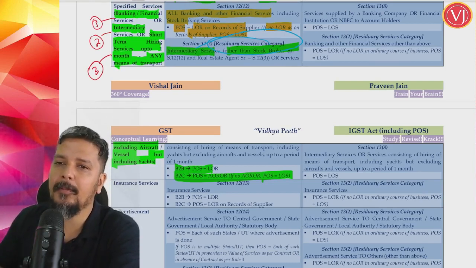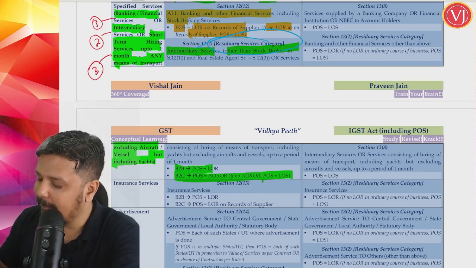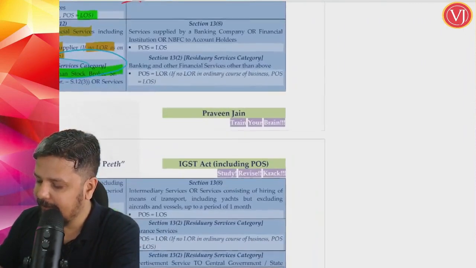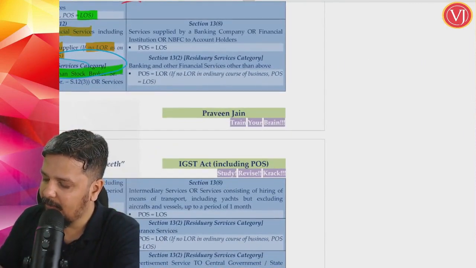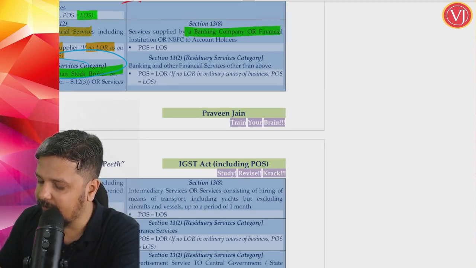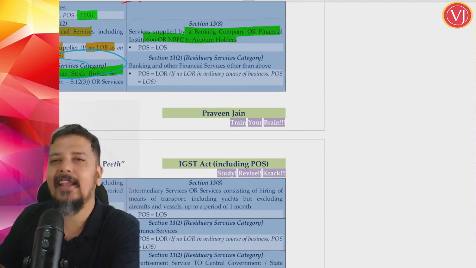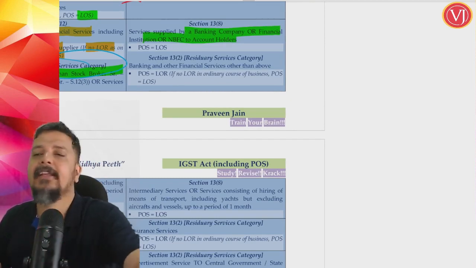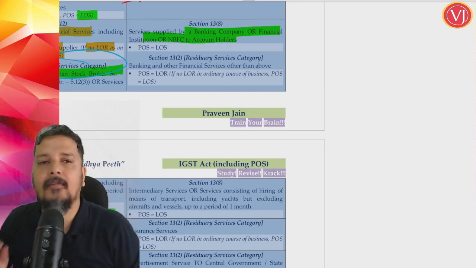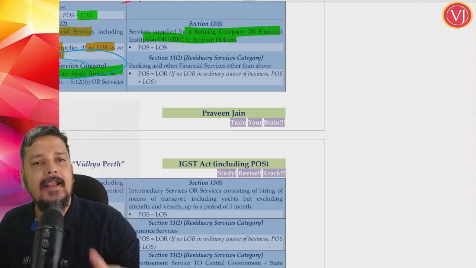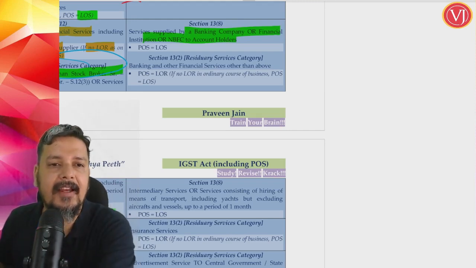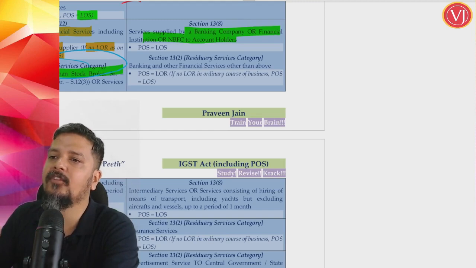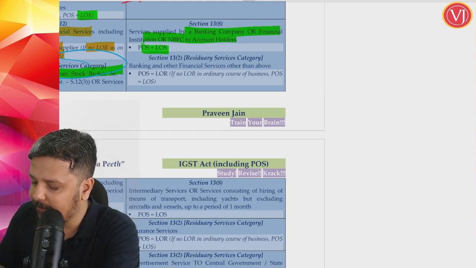B2B, location of recipient, B2C, address of the recipient on records. If not, location of supplier. But in section 13, you have all the banking services to the account holders. They very clearly tell we don't want LOR. We cannot focus on where the recipient is located, because either the supplier or the recipient is outside India. They want to make their job very simple. They tell that place of supply is